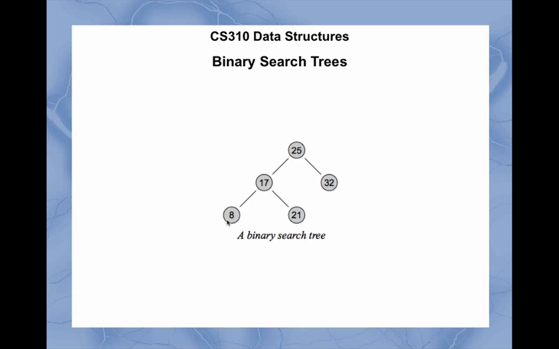With the 8, everything to the left must be smaller. There isn't anything to the left. Everything to the right must be larger. Thus, the leftmost node is the smallest node in the tree, and the rightmost node is the largest node in the tree. So we can use this recursive definition as we look at these trees,